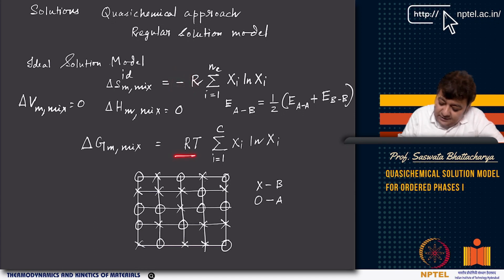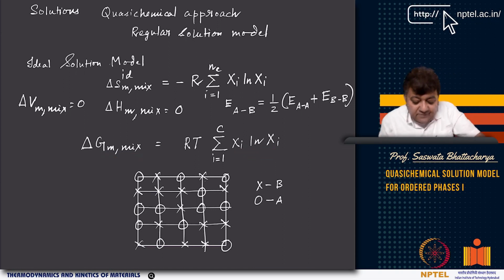So this becomes RT, right? T is there. So RT xi and xi. Basically, as you can see, this is nothing but RT xi and xi. However, as you know, from the definition of activity,